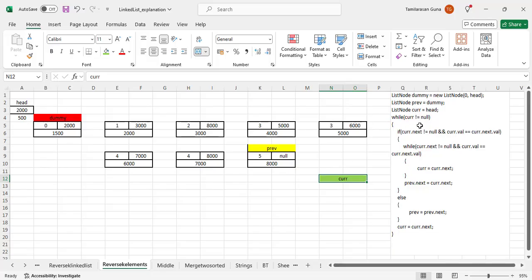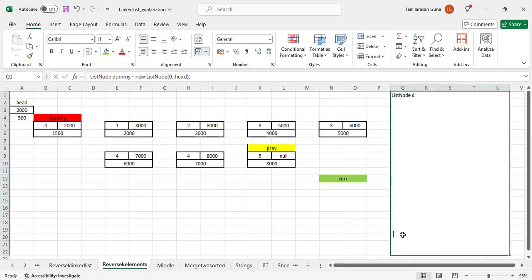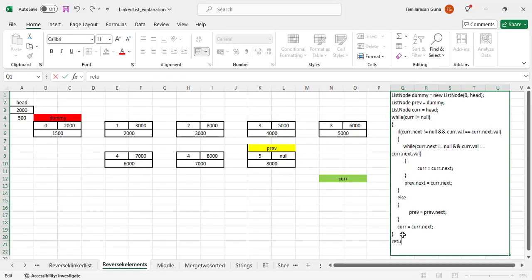Now check the loop again. Current not equal to null? Current is equal to null. Come out of the loop. We have reached the end of the linked list. Finally, I have to return something, right? Return dummy dot next. Don't return dummy. When I am returning dummy, it returns the memory location 1500. I am going to return dummy dot next, that is 2000. Okay, when I am returning 2000, this is the first node